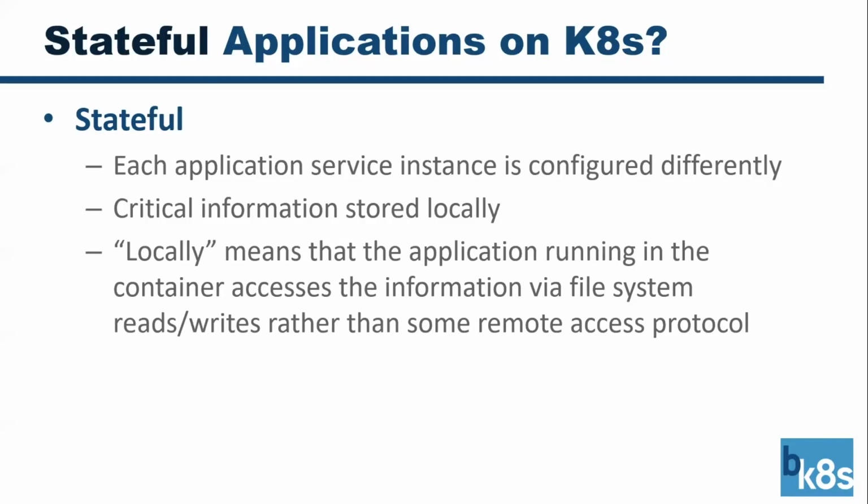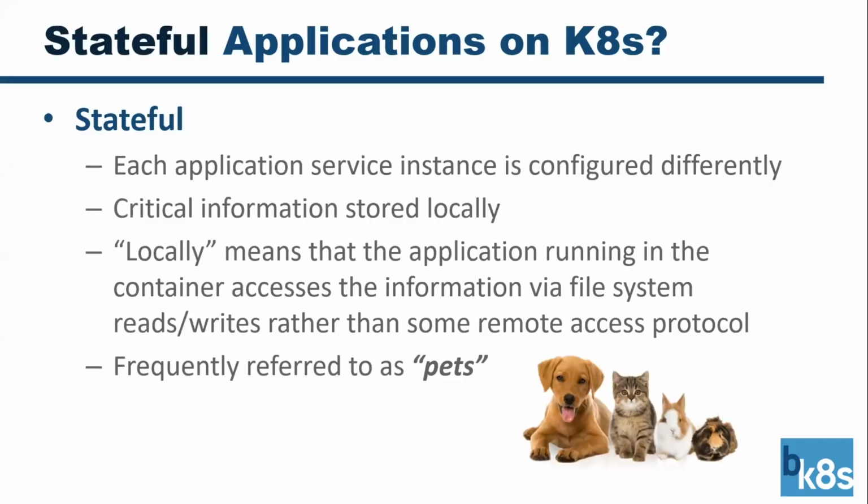The reason this is the case is that these applications that are considered stateful are not written in a cloud-native architecture, where the services, the running code, is separate from the storage itself. In the case of stateful applications, they are combined. Such applications are commonly referred to as pets, since each instance is different,